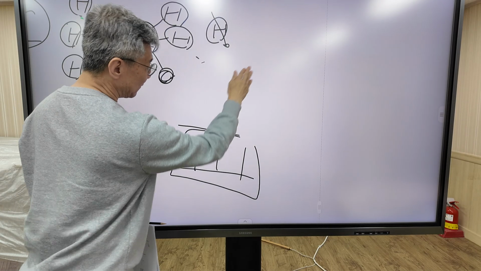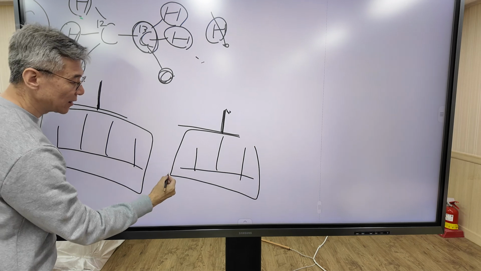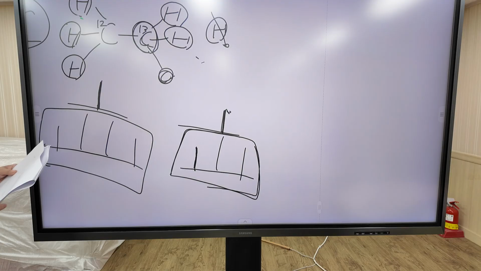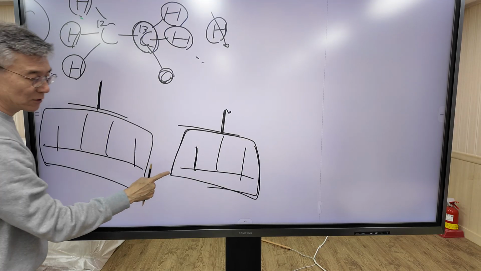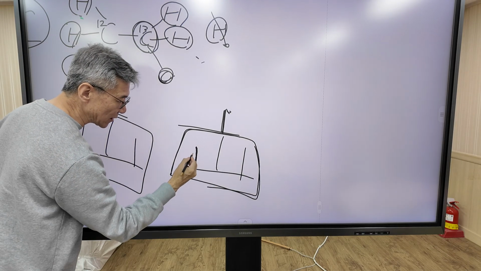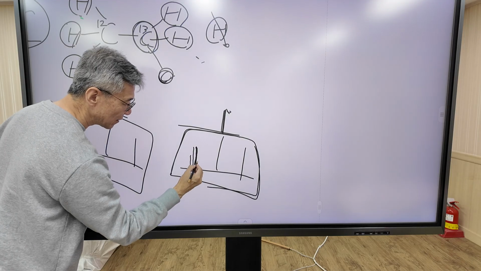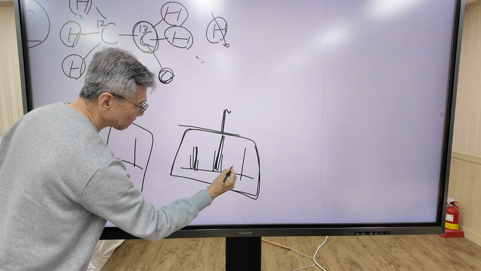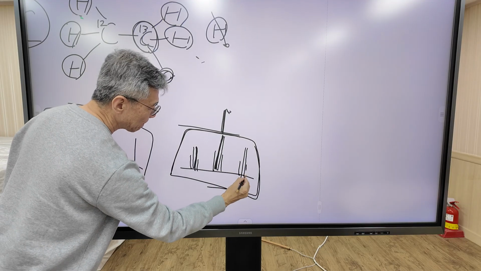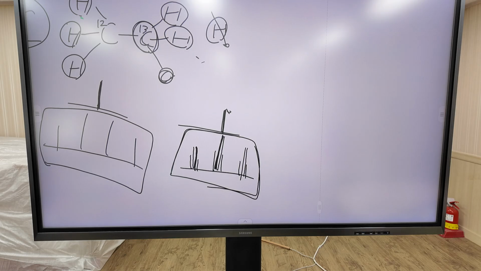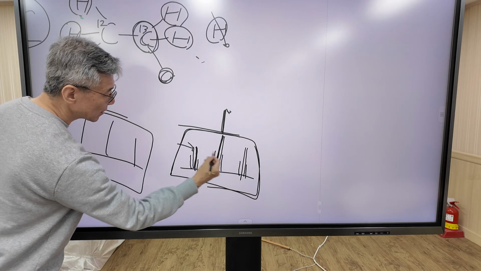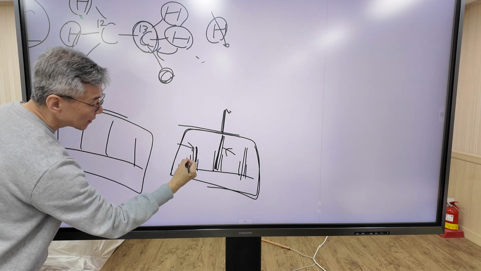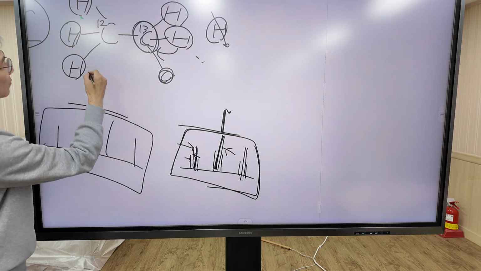Anyway, when you take a close look at this spectrum, this line is not a single line. When you take a closer look at this one, this is not a single line. This is a quartet. Why is each line a quartet? Because this spacing, this splitting comes from the coupling due to this hydrogen.